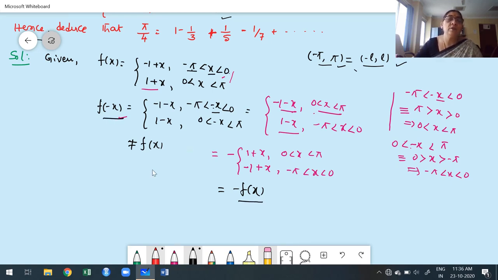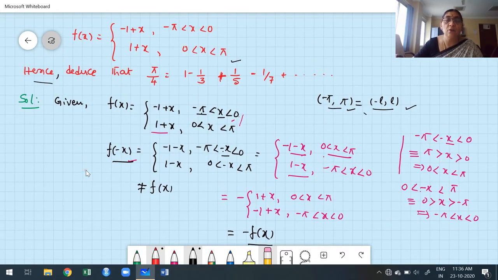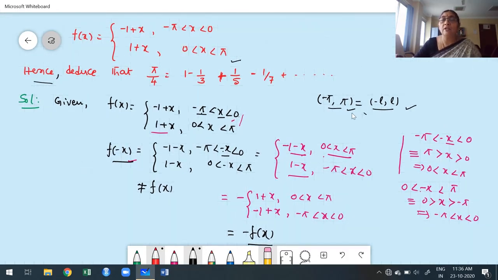Keep in mind, suppose the given function is a splitting function, and the overall interval is in the form of the second case, don't find a naught, an and bn immediately. Verify whether it is even or odd. How to verify? Just replace x by minus x in every place. After that, change the inequality, meaning minus x has to be changed to x using fundamental inequality concepts. And then verify. Suppose it is equal to f of x, fine, it is an even function. Suppose it's not equal to f of x, just take the minus sign outside.